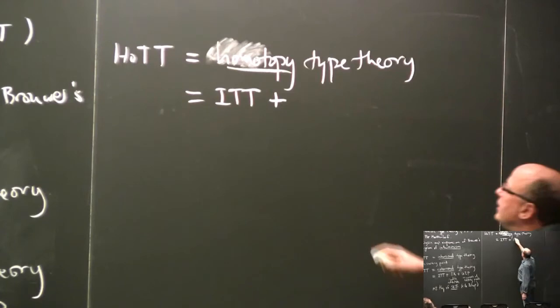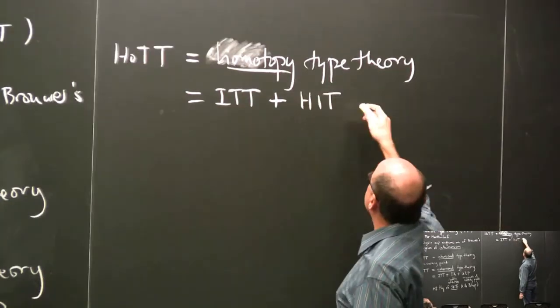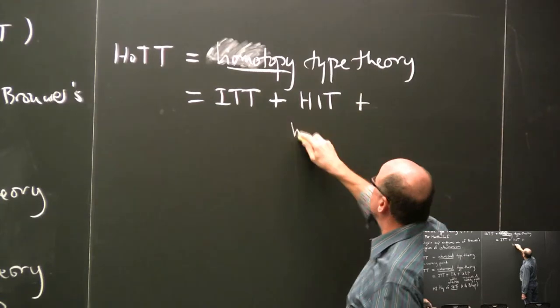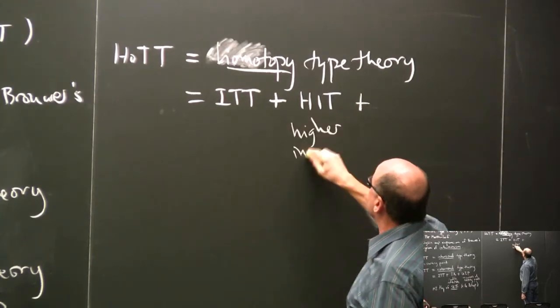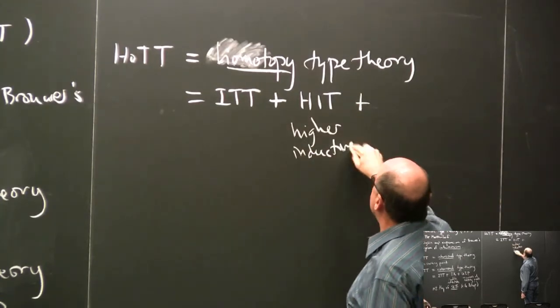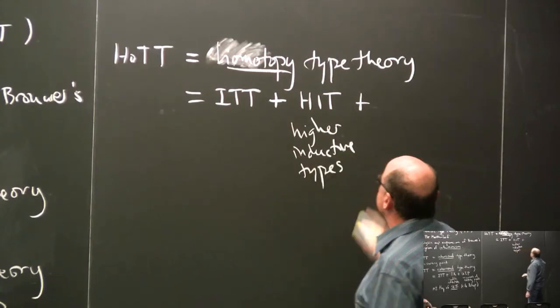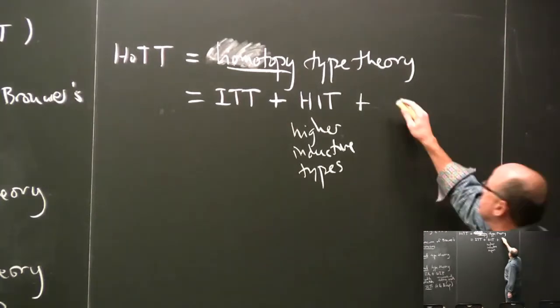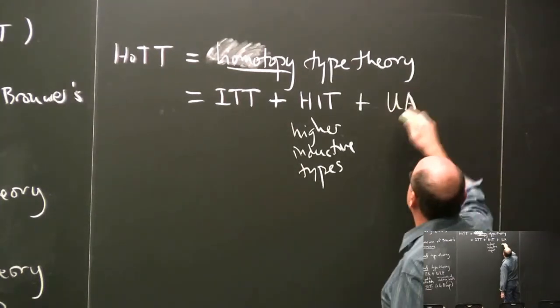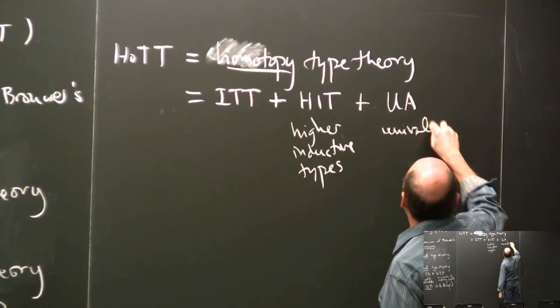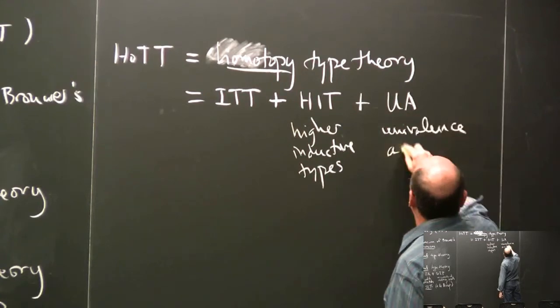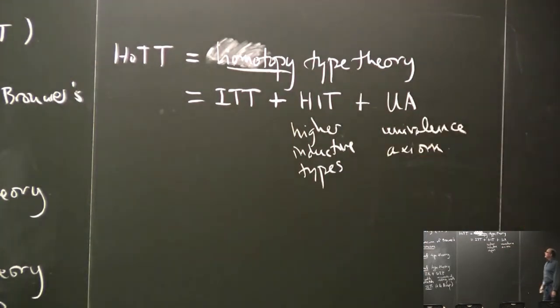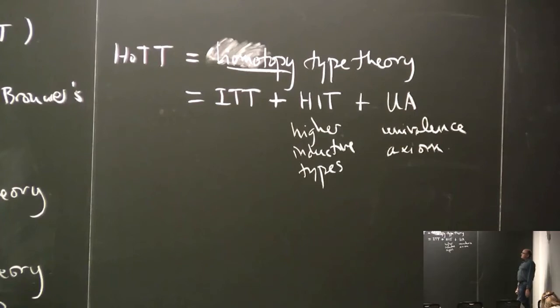We have two things: what are called higher inductive types, which we'll explain. That stands for higher inductive types. I'll tend to use the word higher a lot, and we'll see later what I mean by that. Plus an axiom called the univalence axiom. That's what HoTT currently means anyway. And maybe in a year's time, or who knows, we might mean something slightly different by HoTT, but that's the